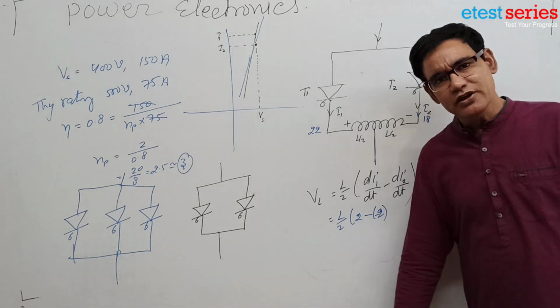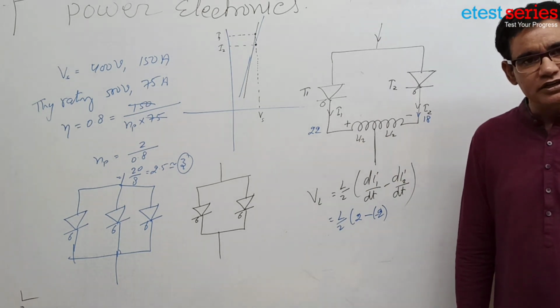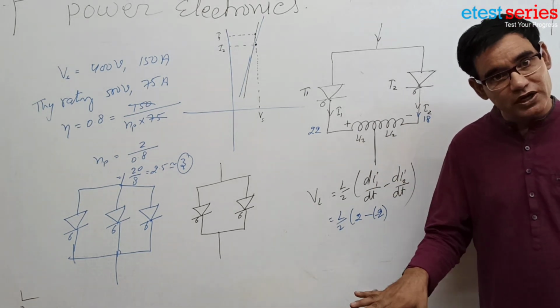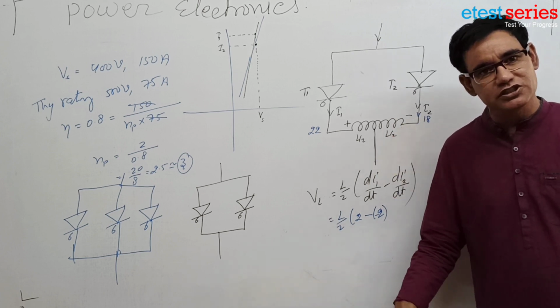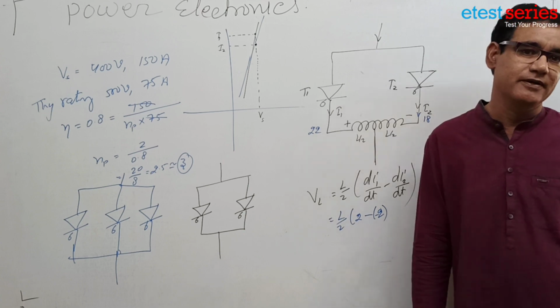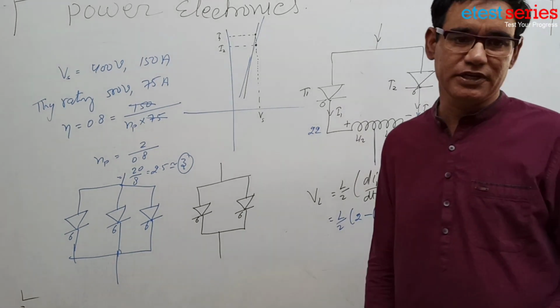In this way, it opposes, and due to the opposition the higher current is reduced and the current remains the same, equal current on both sides. When the currents are equal, there is no opposition, the total opposition is 0, so it works smoothly. This is the kind of arrangement we make for the parallel operation of SCRs.